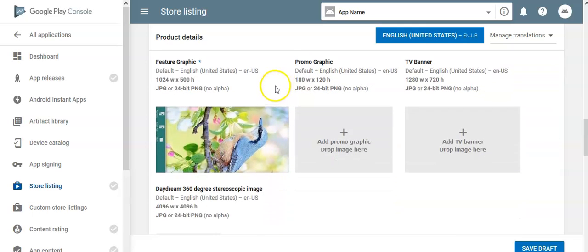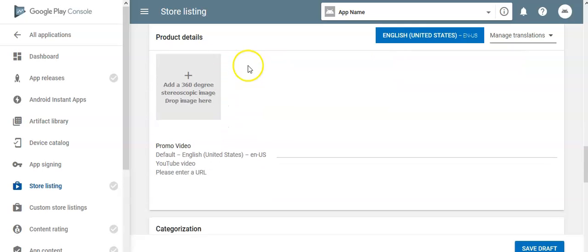And if you scroll below, it's a feature graphic 1024 into 500. You can upload any image here of this particular size, then promo and TV banner. These are not mandatory, only this is mandatory. Now if you scroll below,